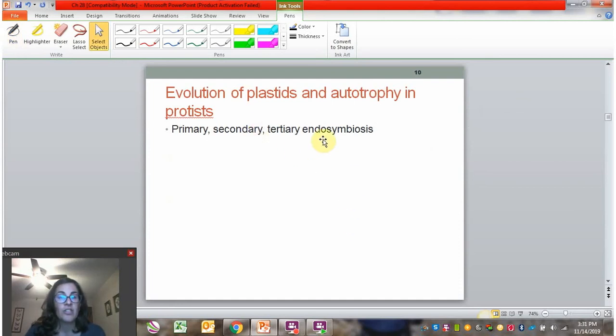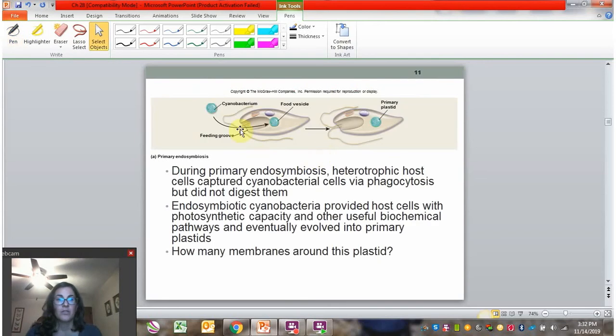So this has to do with endosymbiosis. We've talked about endosymbiosis with bacteria and the first eukaryotic cells. We're going to get into that a little bit more by distinguishing primary, secondary, and tertiary endosymbiosis and seeing how mixotrophy arose in protists. So we'll take a look first at primary endosymbiosis. This is the type that gave rise probably to chloroplasts. So you have a bacterial cell that was engulfed by another cell, in this case a eukaryotic cell, a